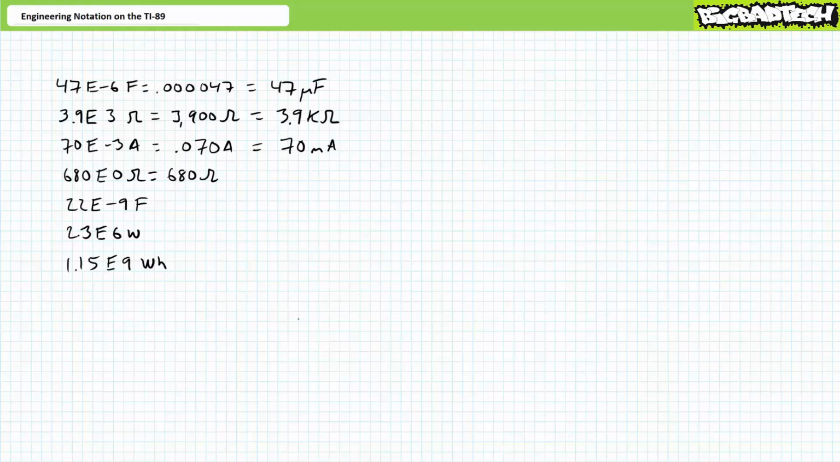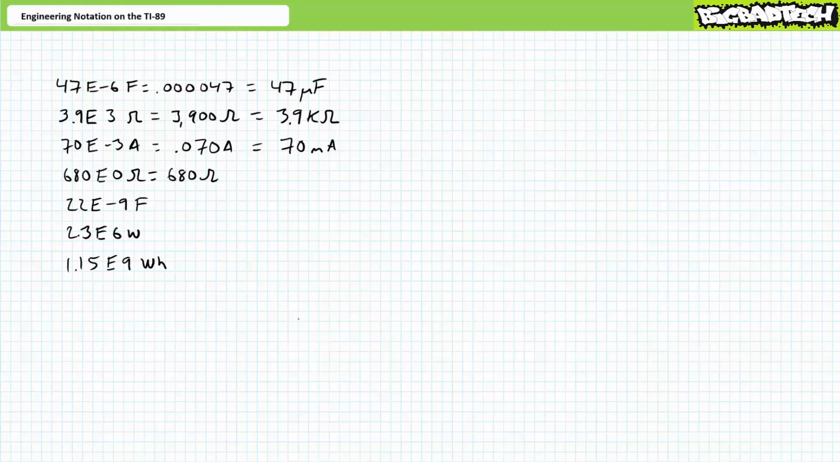680e0 means take 680 and multiply it by 10 raised to the 0, where 10 raised to the 0 is 1. Anything raised to the 0 power is 1. 680 times 1 is 680 ohms. Given we're already at the base unit of ohms, the engineering prefix is unnecessary, and this would most naturally be